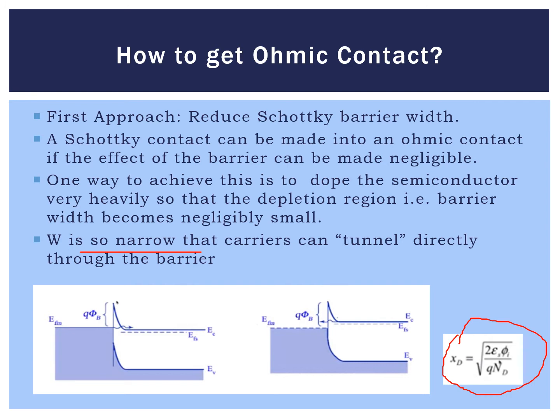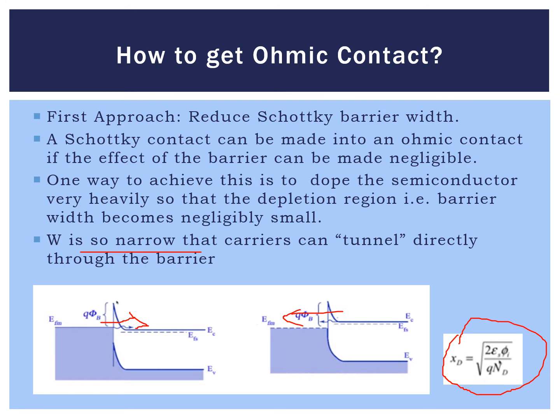And what is the effect of making the W narrower? The effect is that it is possible to make the movement of carriers either from metal to the semiconductor or from semiconductor to the metal through the barrier directly. That is called tunneling. I mean, they need not cross the entire barrier like this. So you can do it directly. The tunnel carriers will be moving through this tunnel. So that is how we can make the ohmic contact.